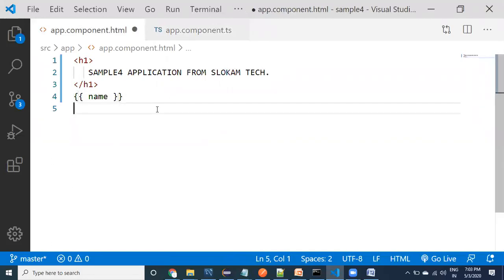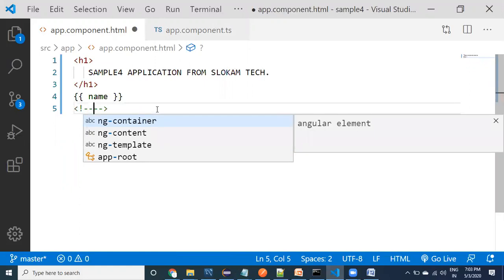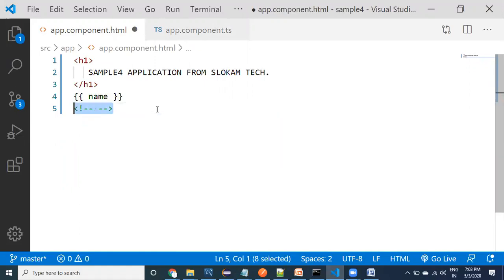In HTML, this can be called interpolation, string interpolation. We are using a string, right?